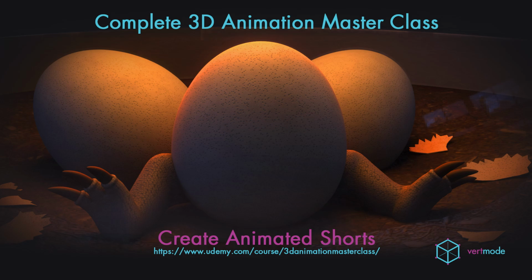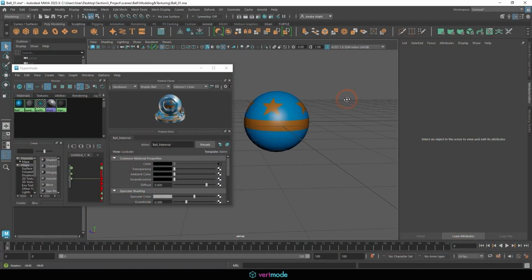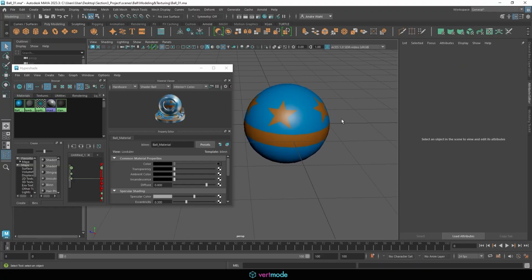Right, so now that we have some basic textures on here, we have our little ball textured, we have just very basic color going on. What we want to do is explore some of the other channels that we can drive with texture maps. What this allows us to do is start to modify the ball in various ways, for example, through